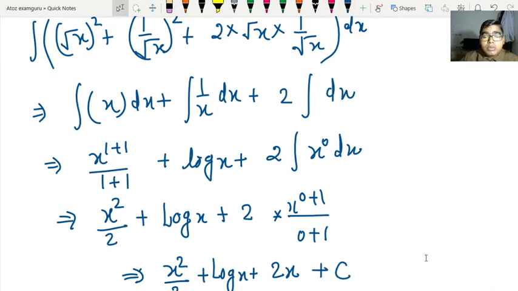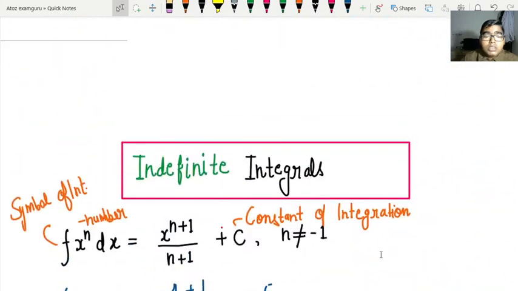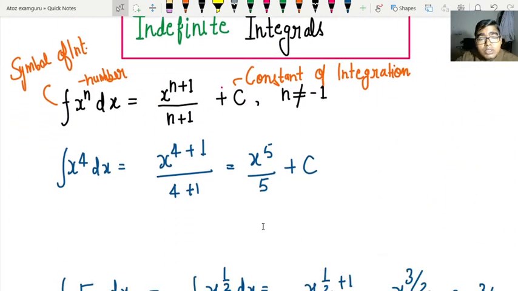So let us see from the starting what we studied in this lecture. Basically, it is an indefinite integral. What is indefinite? Because limit is not given. It is not bound in a boundary, so it is called indefinite. And the formula is integral of x to the power n dx, where x is a variable and n is a number, and dx is the operator. The integration of this type is x to the power n plus 1 upon n plus 1, and you add constant of integration. But keep in mind, the value of n should never be minus 1. Right, friends? In that case, it is not applicable.